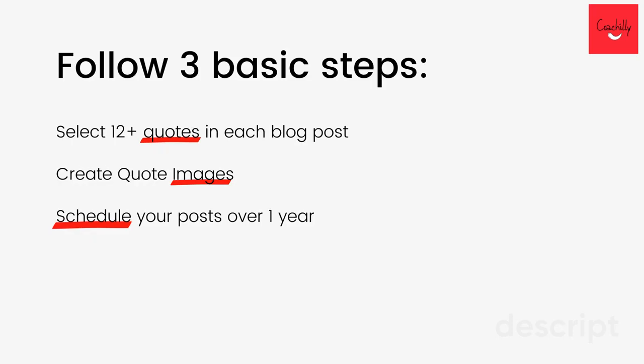Now, normally when you do this, you will follow 3 basic steps. You take each one of your articles and you select 12 or more sentences that are quotable, and maybe they need some rewriting, but you need to select at least 12 of those to have 1 post for each month of the year. And then you need to create quote images from that. Now, we know that this can take quite a bit of time, but even if you do something very simple, you would still need to create these quote images. I recommend using Canva for that. So even that can still take you quite some time for 12 or more quotes.